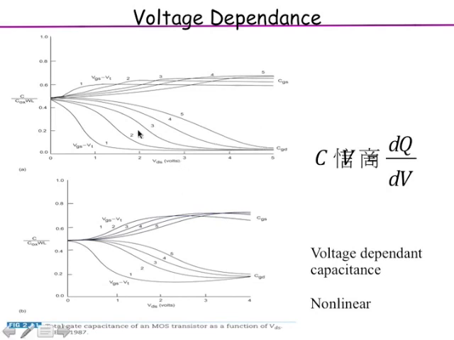So capacitance is a function of voltage, and what is being shown is the small signal capacitance at different voltages. That means I change the voltage by a small amount, and I look at how much charge is being put or removed. That ratio dQ by dV gives me that instantaneous, small signal capacitance, and that is a function of the voltages and so on. Essentially it is a voltage dependent capacitance. So it's kind of a complex situation.